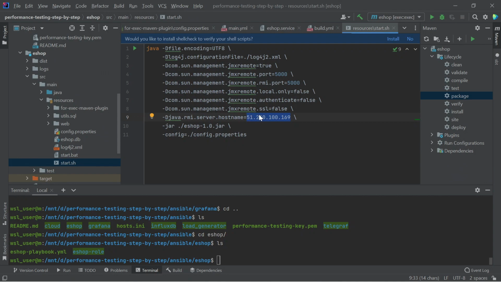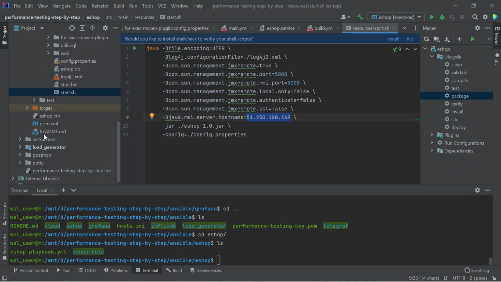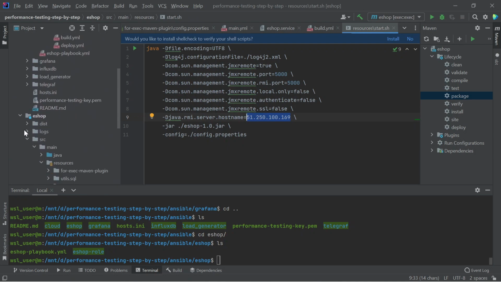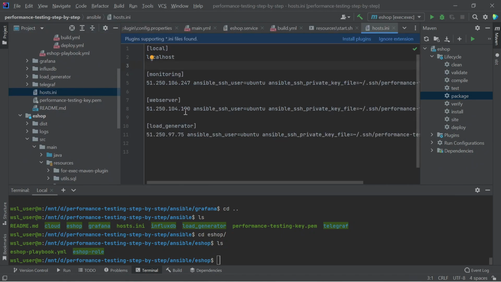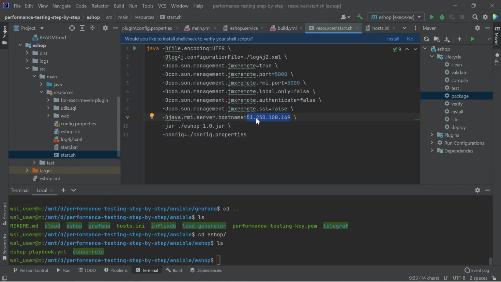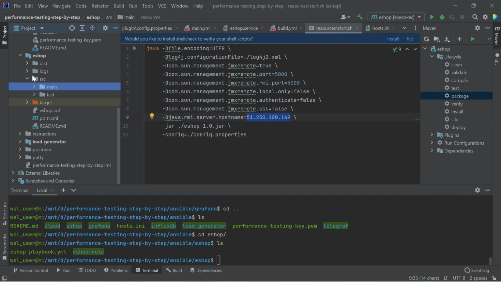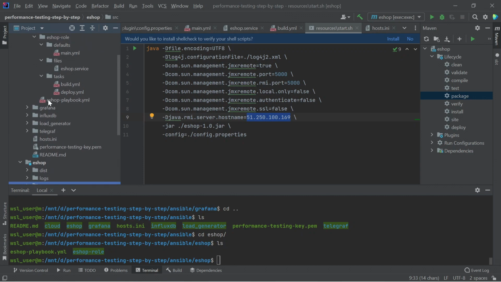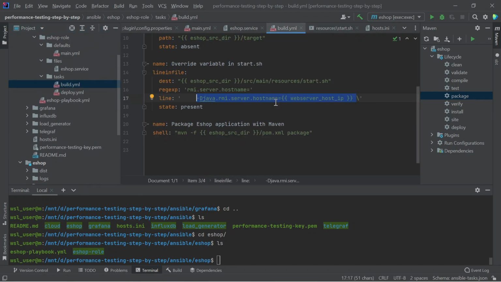This IP address will be redefined in the future. After that, the familiar package command is launched.